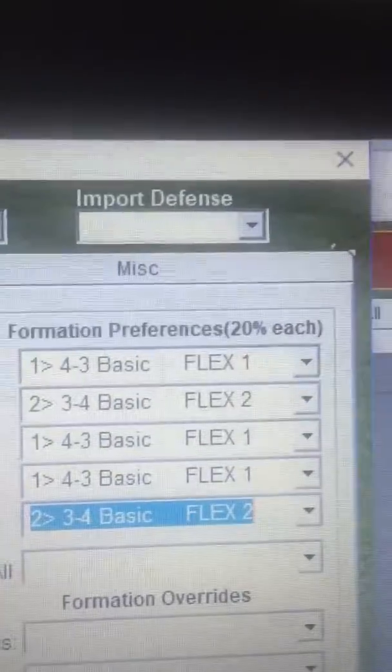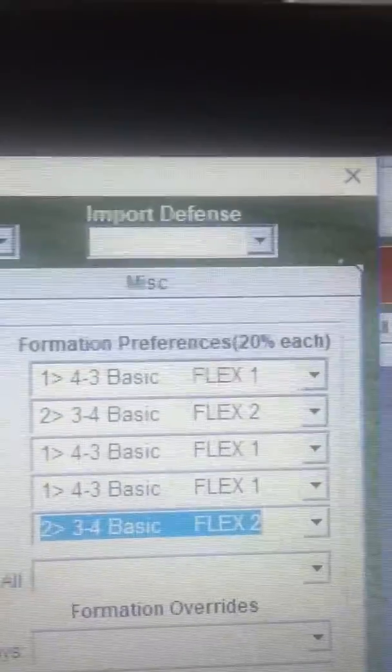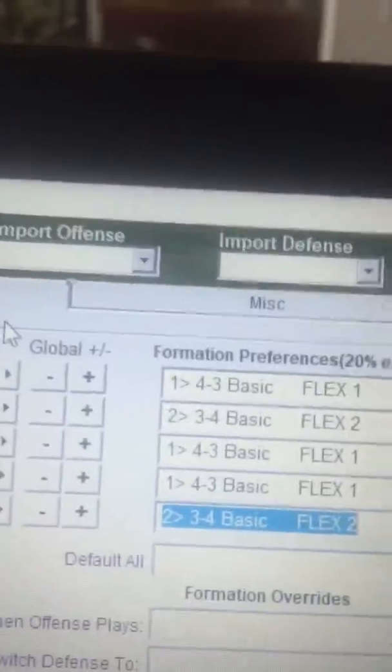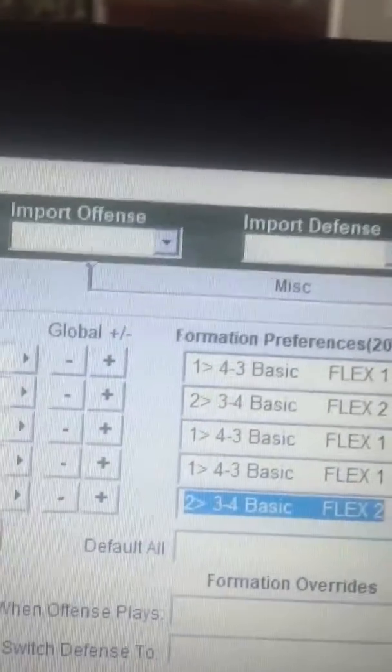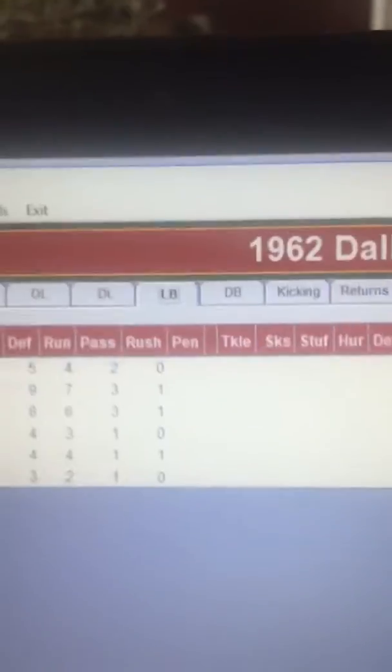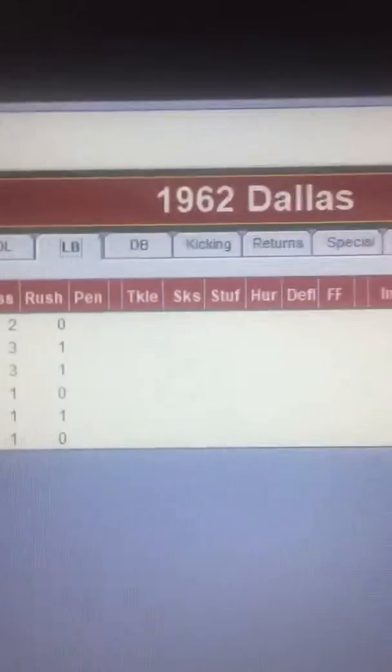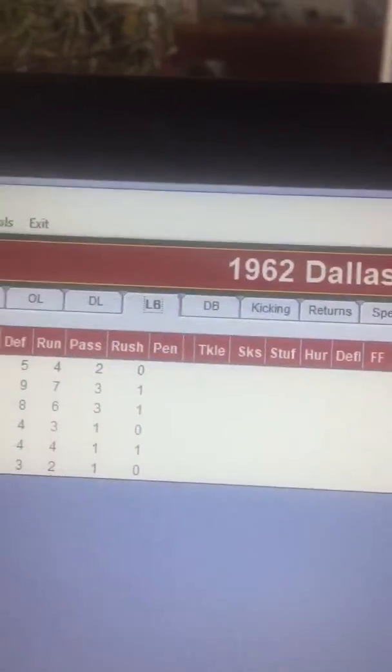That means I have a 40% chance of Dallas using a 3-4 defense. Okay, I don't want it higher than 40. If I could go 30, I could, but it's 20% increments. And I want to click out of there. Now, I have my Dallas Texans defense, and it's going to play the 3-4 the way Hank Stram played it. Now we're going to click out of here,